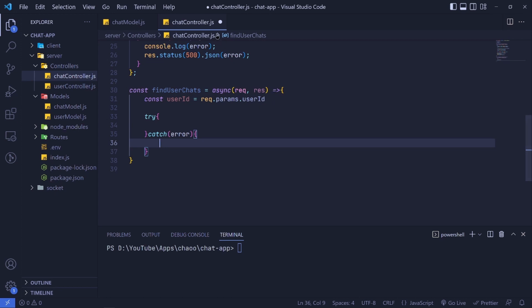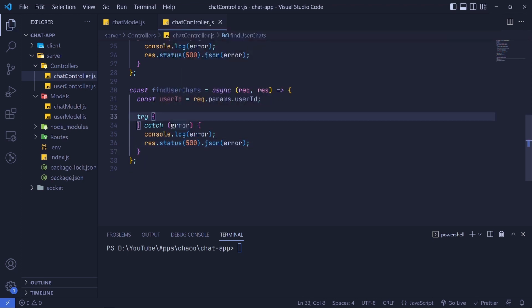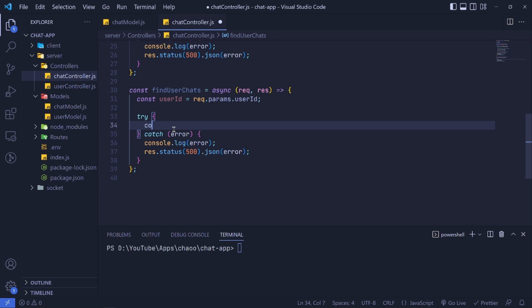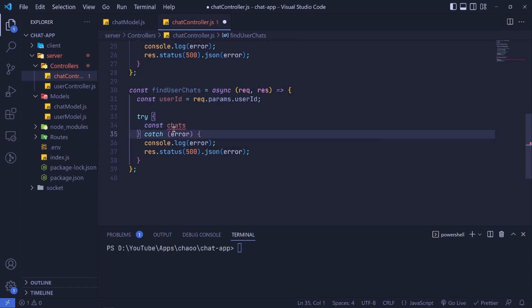So I'll just copy this one for the error. We log the error and also we send an error. But for try, let's do this. So right here I'll say const. Now here we will be having an array of charts. So const charts will be equal to,